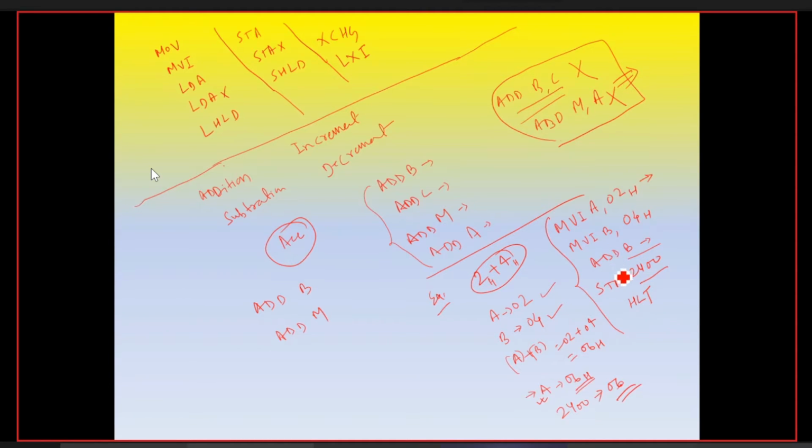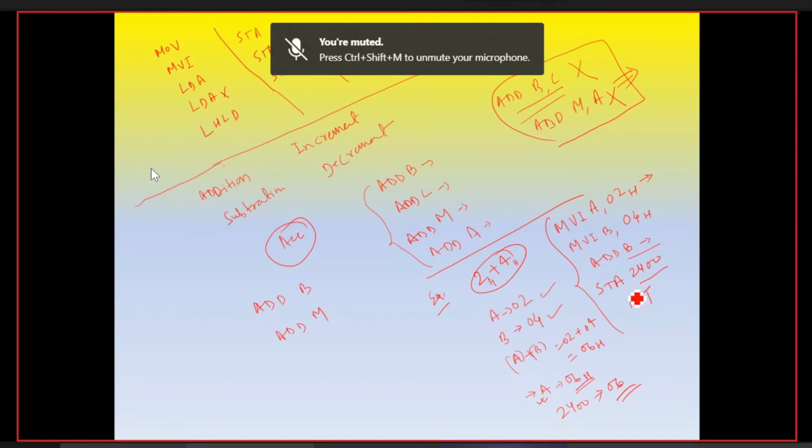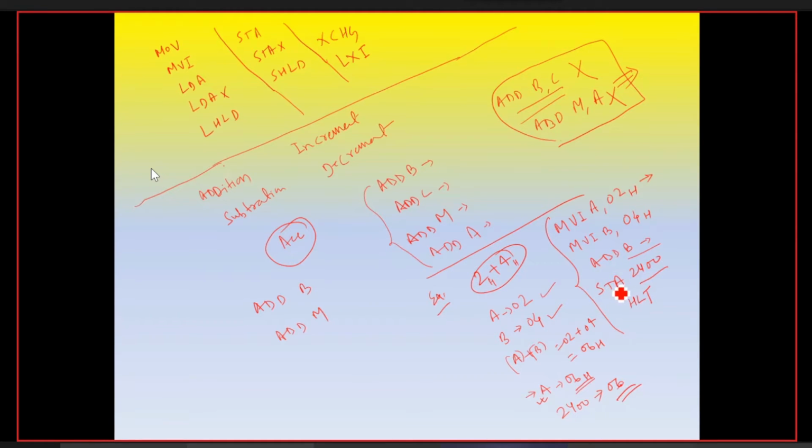Okay, so in SAP 1, I think आपने पढ़ा होगा डिजिटल में, in SAP 1 there is no STA. So वहां पे था out to any port address. So we have to check at that port address whether result is displaying there or not. Okay, so before 8085 we have SAP 1, SAP 2, SAP 3. That is the gradual advancement of this processor 8085, the basic processor, for the understanding purpose of the students only.